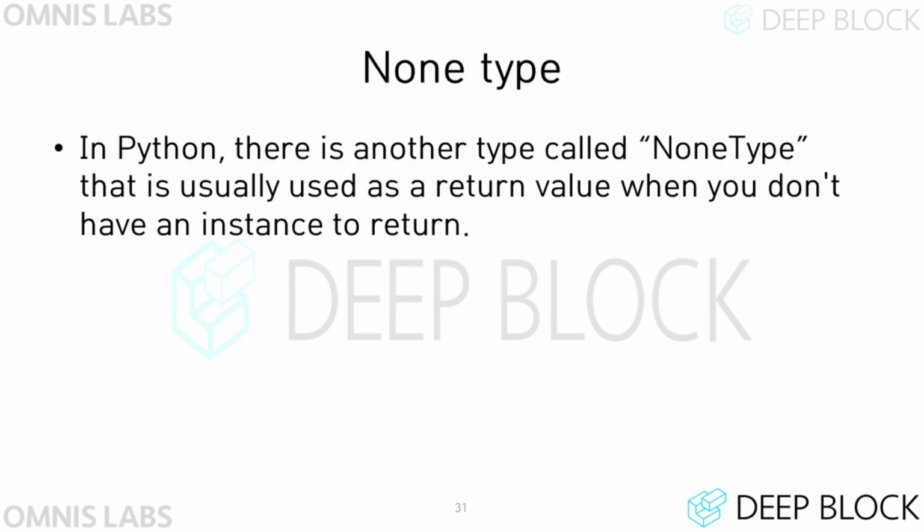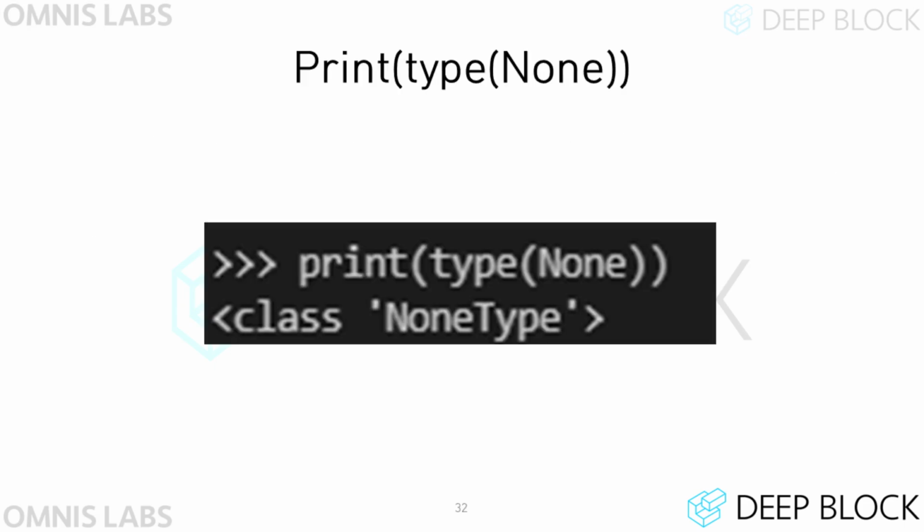In Python, there is a type called NoneType in addition to the various types, data structures, and classes that we have learned so far. NoneType is a type that has only one value, None. For example, functions without a return value return the value of None. Since the None value is not a string, it is used without quotation marks. For example, if we enter the code shown in the slide into the Python shell, we can know that the value None is the value of NoneType.